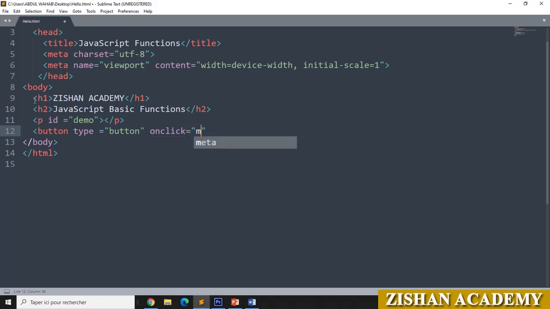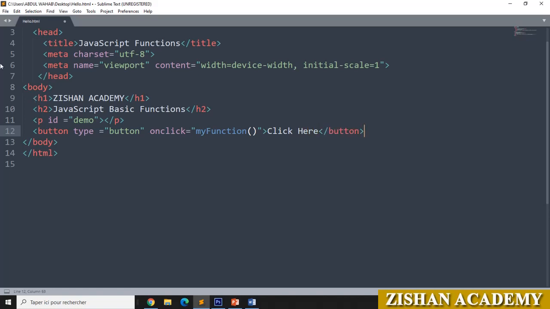Any name you can give it here. I am giving myFunction. Then open bracket, close bracket. Then you have to close it and then you can give some content here. I am just giving click here. Then you have to close the button tag.